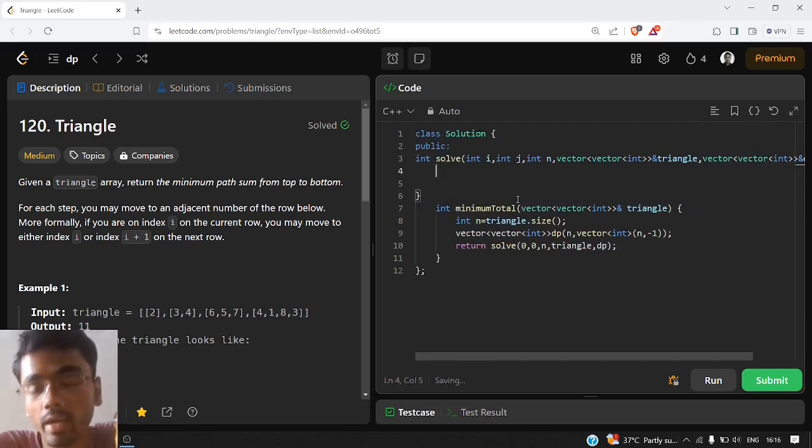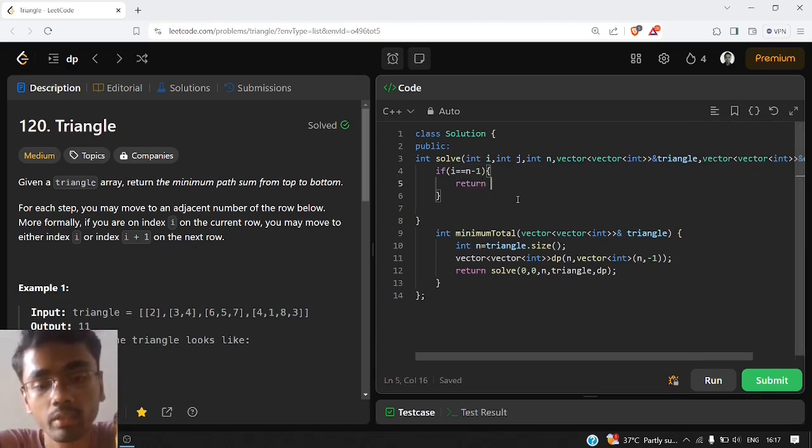So first we need to write the base case. So what is the base case now? If we reach the last row, or if we are at the bottom of the triangle, we need to return from there. So if our i becomes equal to n minus 1, that will denote the last row of our triangle or our matrix.